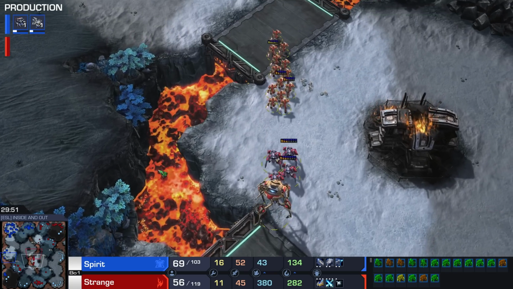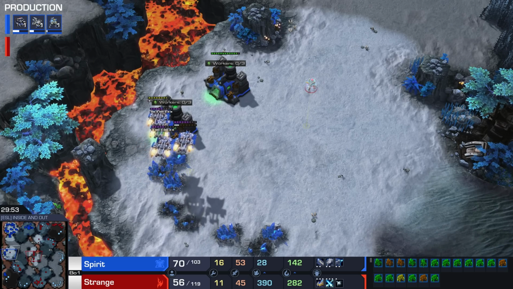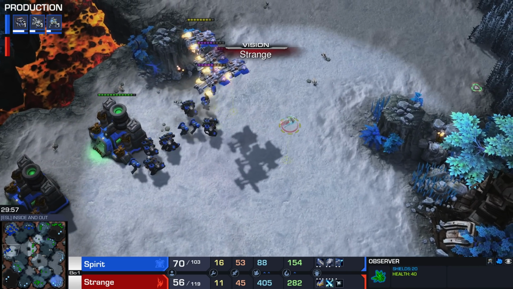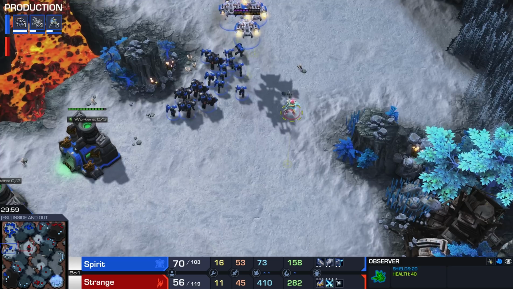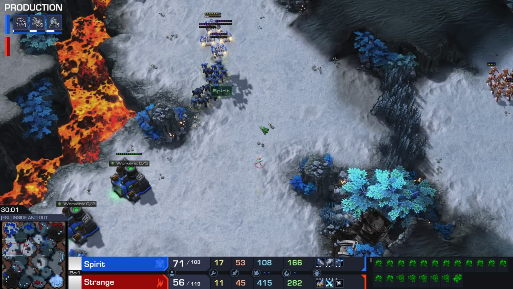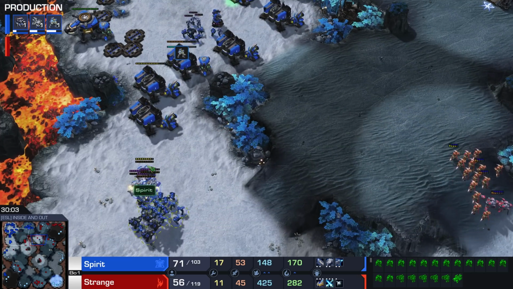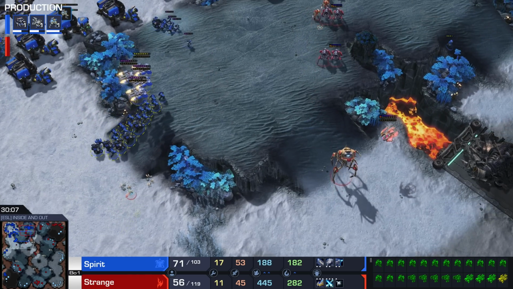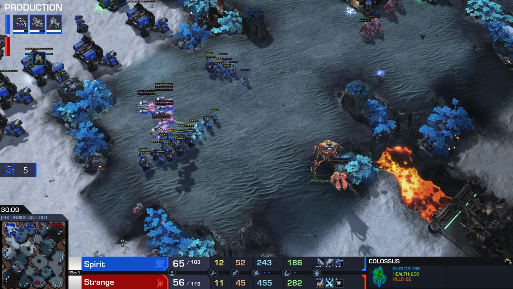Okay, this is very ambitious. Medevac's decided to also go back home. Strange actually now sees this, and he sees that the Terran is retreating. If Terran's on that side of the map, though, you might be able to split off a couple zealots to go for the northern base. Although, very carefully, though, that Colossus...